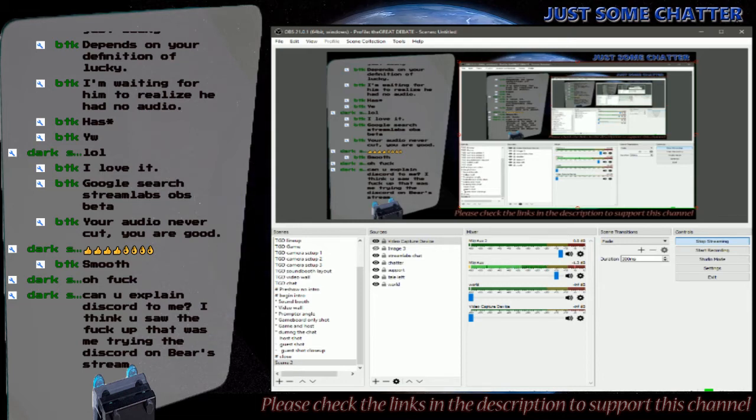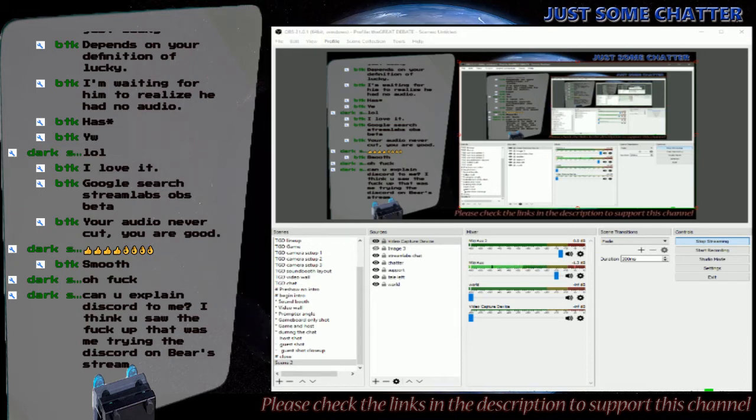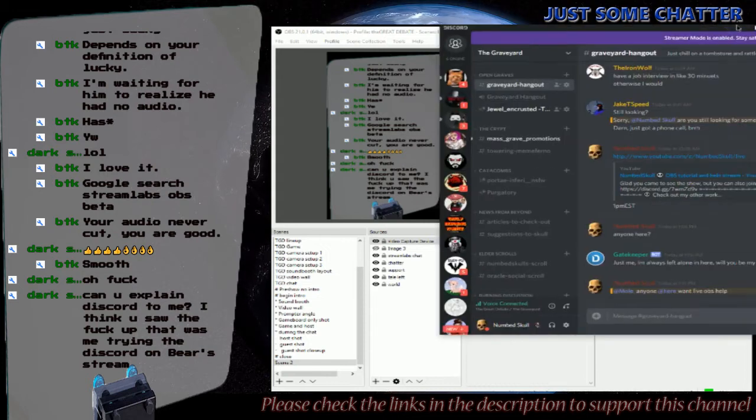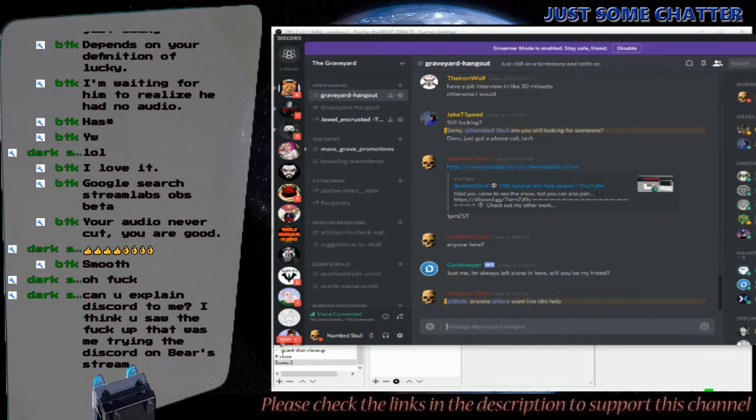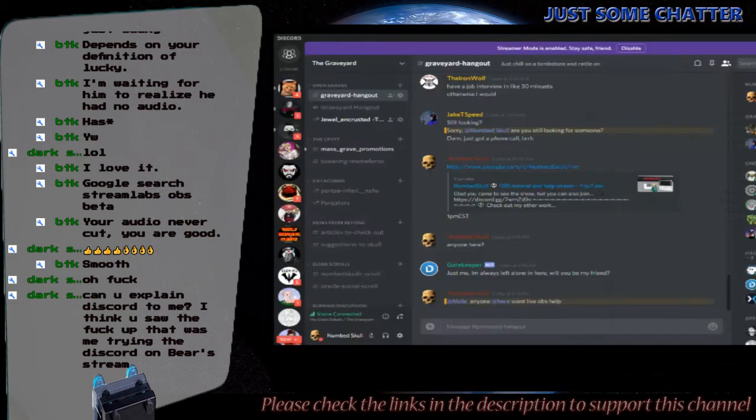Let me hide some things. Also, streamer mode is on. Also, because of the bypasses that I did, streamer mode will not protect me. So this is going from an OBS. If nobody has an OBS question, we're going to pull this window over here. And here is Discord. I cannot see what I am showing you. So we're going to pull this over to the other screen, and we'll do Discord for a minute.